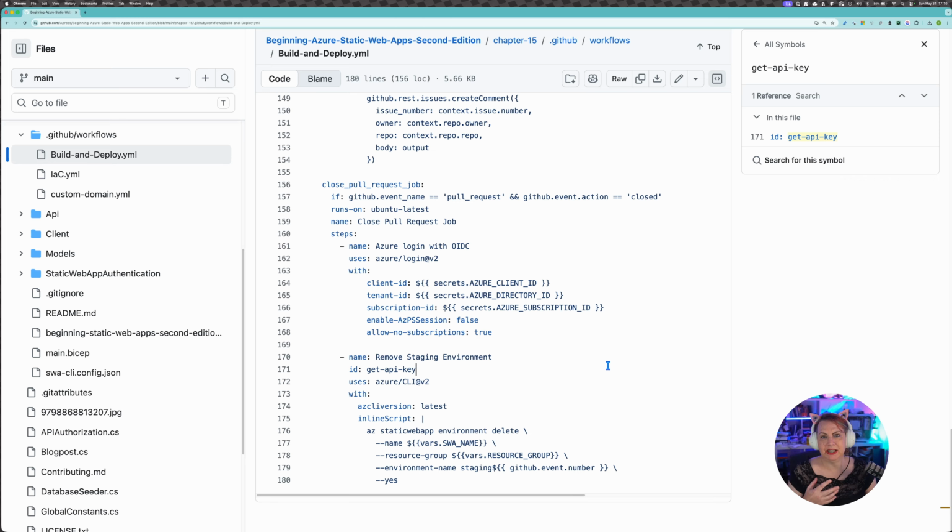This might seem a little bit odd because we're using the SWA CLI to deploy, but the az staticwebapp environment command to delete. Unfortunately, at the moment, that's just the way it is. You cannot do this any other way. I hope that changes in the future, but for now we need to use both tools in order to get this done. So that is how we can use workflow files in order to deploy our application, to create it,